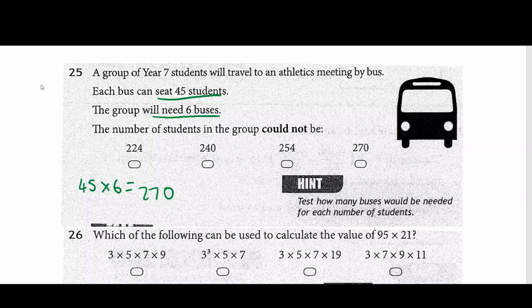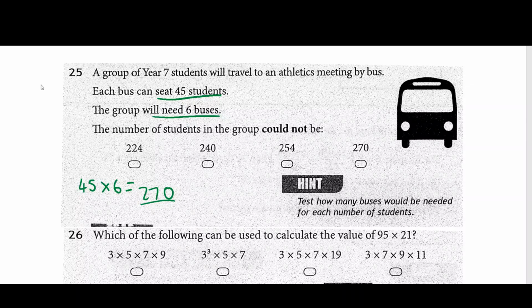The number of students in the group could not be. Let's figure it out. So we've got 270 here. Okay, that's if every bus, every seat is used by the students for the 6 buses. Okay, so let's have a look at